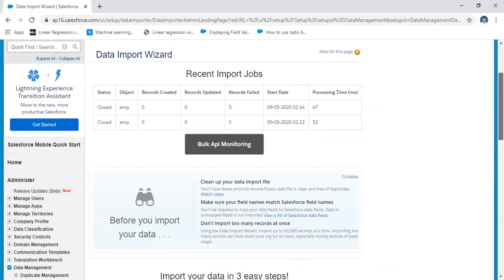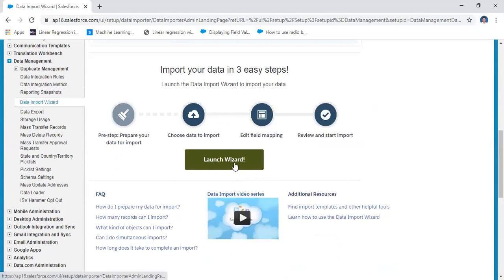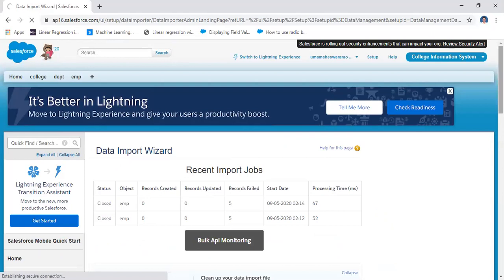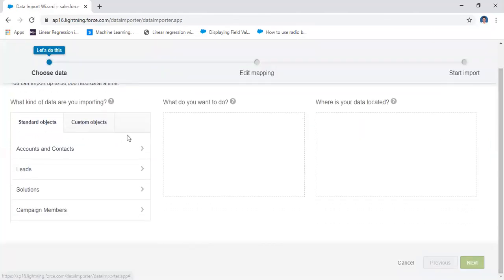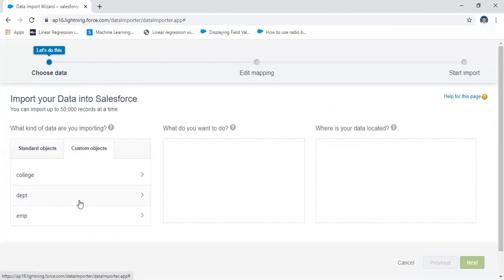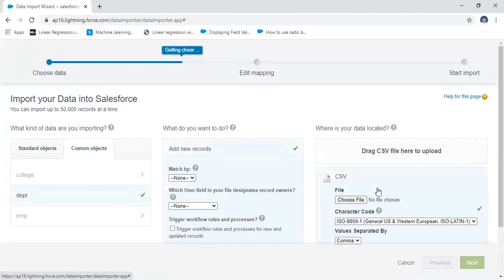It is showing that the import job for EMP 5 records failed. It may have some layouts, that's why it failed. Go to import, go to custom object, and then go to department, add record, CSV file.